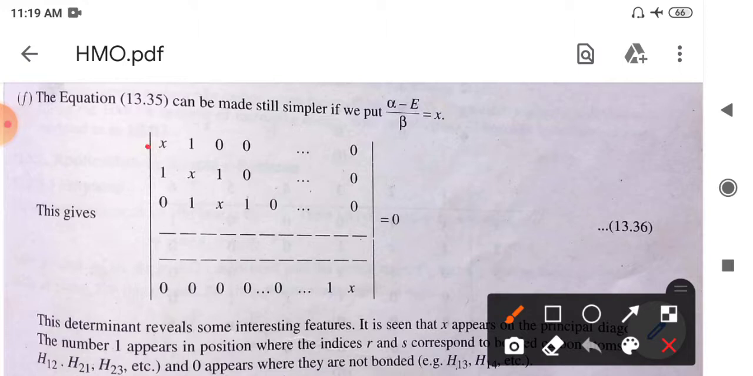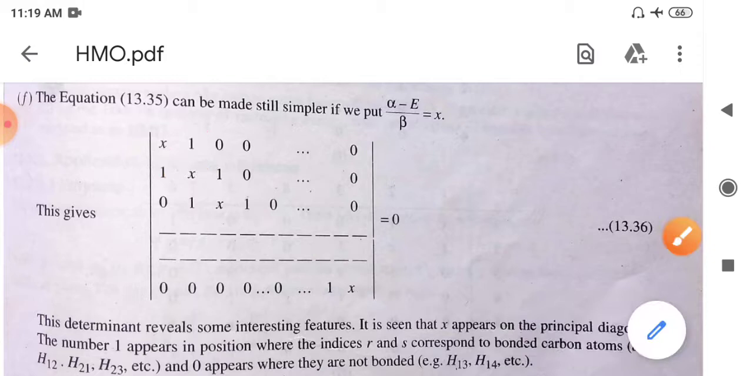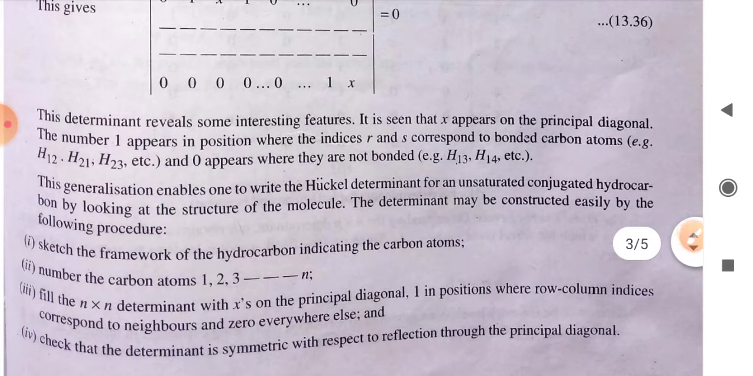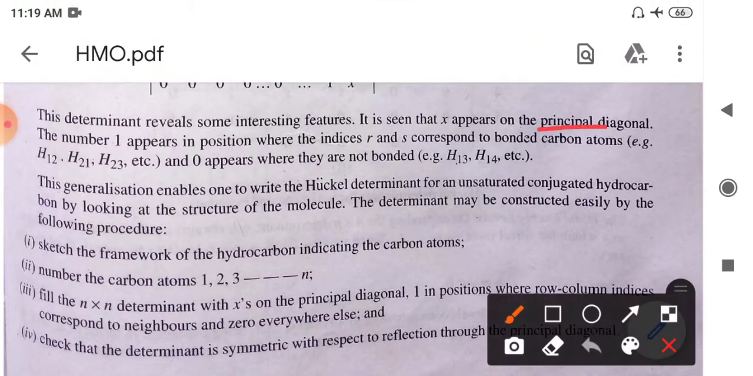So here again, another assumption can be made: there is a mirror image, here x is there, so here 1 1, so these mirror images are there. So this determinant reveals some interesting features, and it is seen that x appears on the principal diagonal,